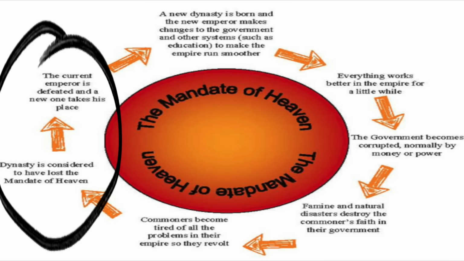The mandate of heaven is going to give you justice. And eventually that dynasty is going to get corrupt, and then that's going to justify overthrowing it. You get it? It's like a circle. It goes on forever and ever and ever. So the mandate of heaven is what the Chinese people believe in terms of where the power comes from for the rulers. Now, let's look a little bit at the Cho Dynasty itself.